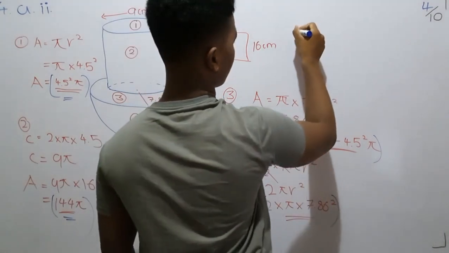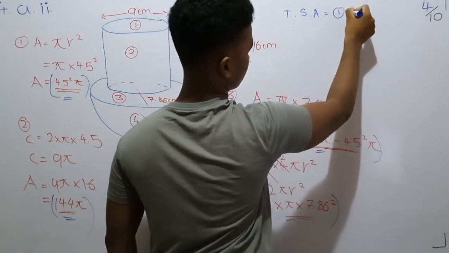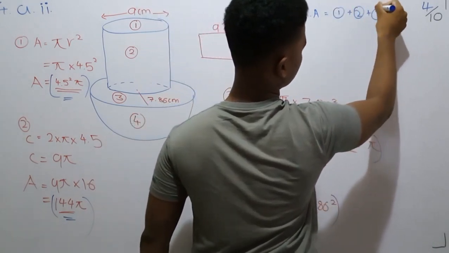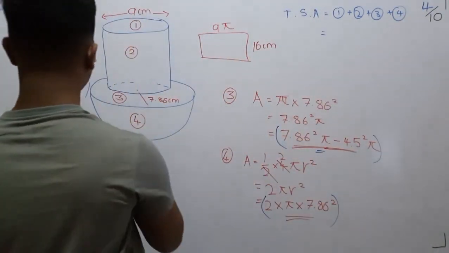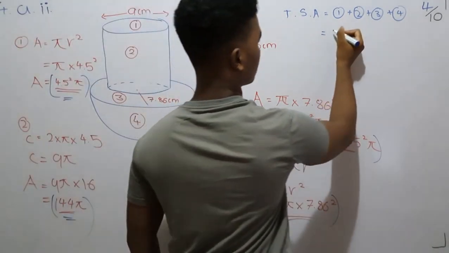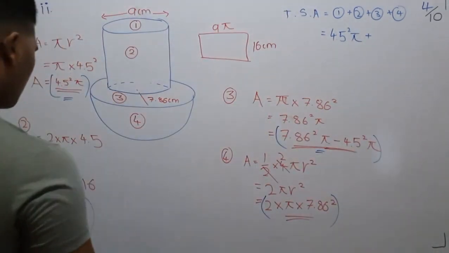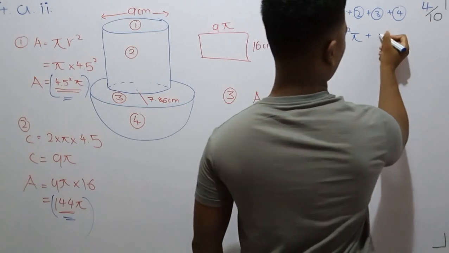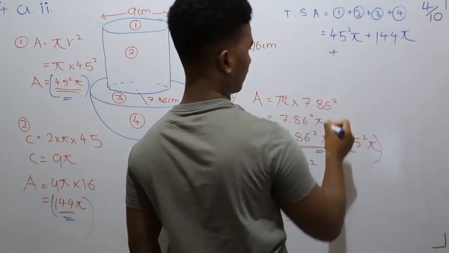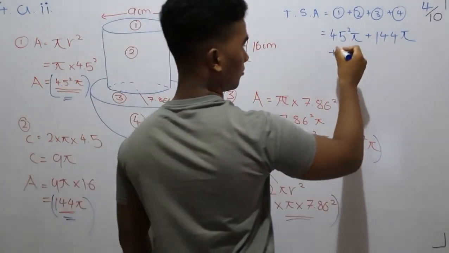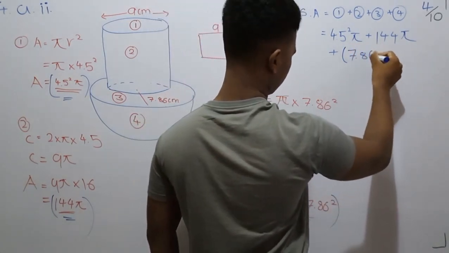So total surface area is equal to 1 plus 2 plus 3 plus 4. 1 is 4.5 square pi, plus 2 is 144 pi, plus 3 is this whole thing. Make sure you put in brackets. 7.86 square pi